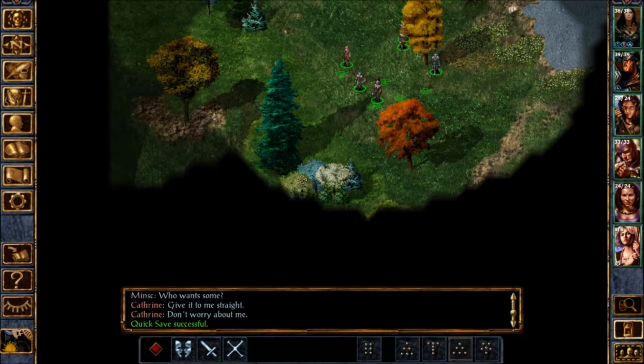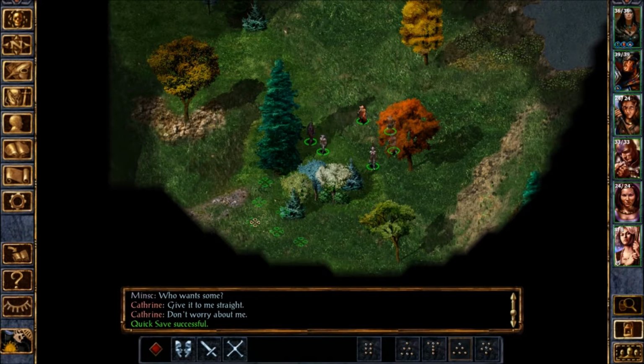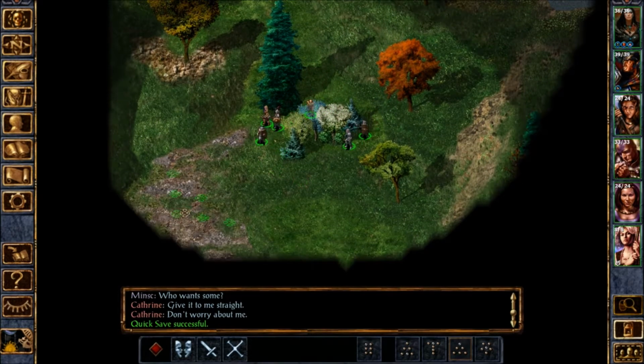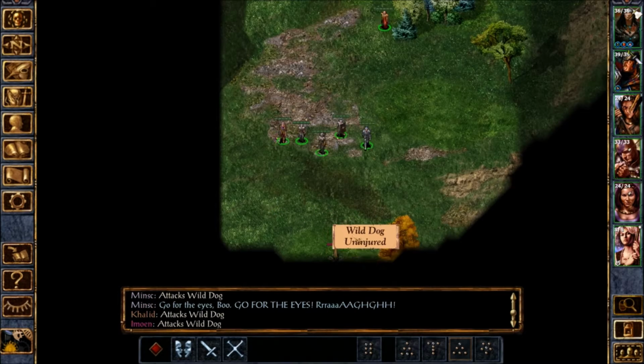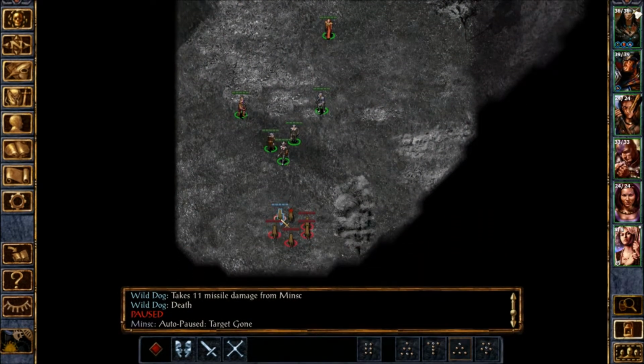Alright, let's see what's down here. There's some pretty colored trees, I like that. It's really unfortunate that they throw so many characters at you without really a very good way to... What? Oh, attack dog? Wild dog. Without a good way to sort of manage them. Like, I wish...